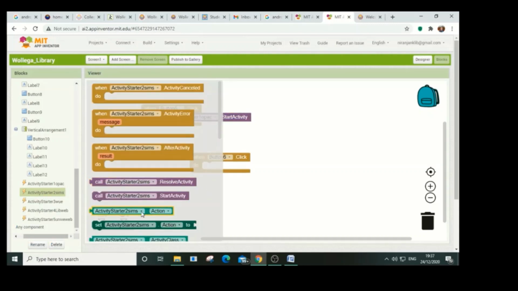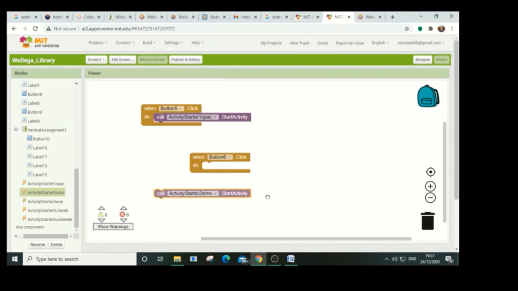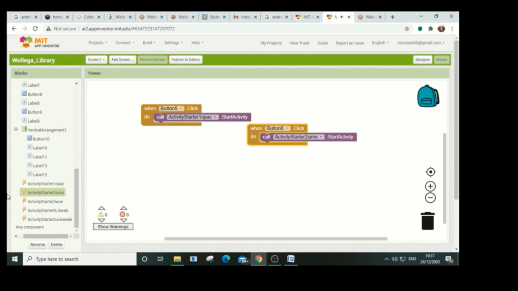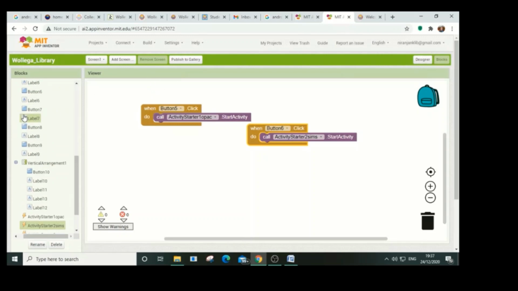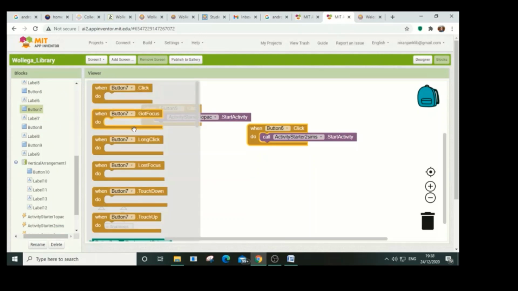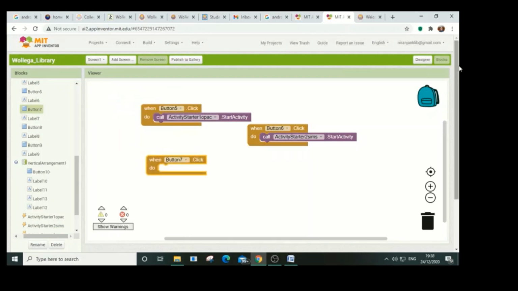So for activity starter second, it has to be called. That means that one is indicated. Next, like this: if I click button 8, button 6 is already defined. Button 7 I need to define. So call the button 7. When I click the button 7,